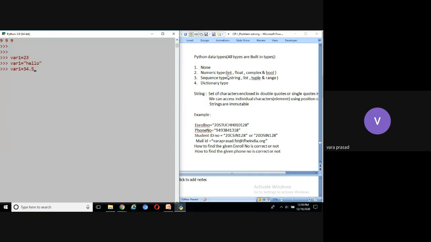The last category is dictionary. So far we discussed int, float, complex and bool. Now we are going to discuss strings, list, tuple and range.